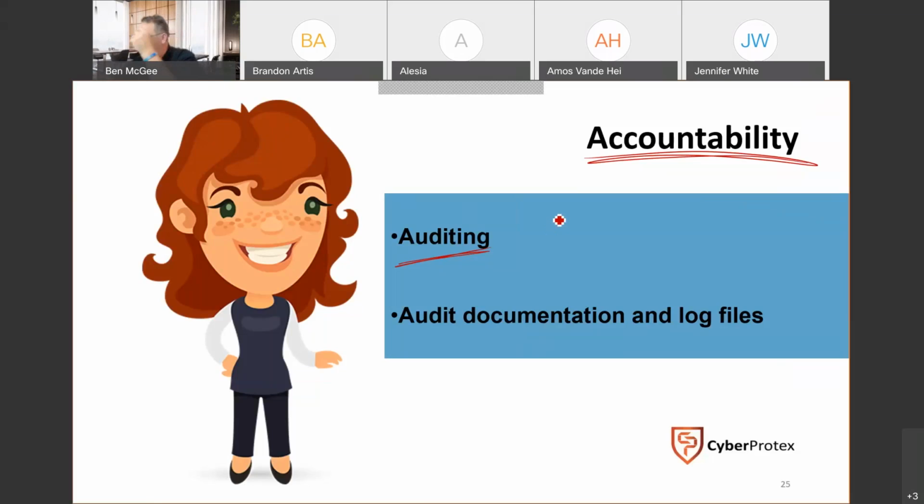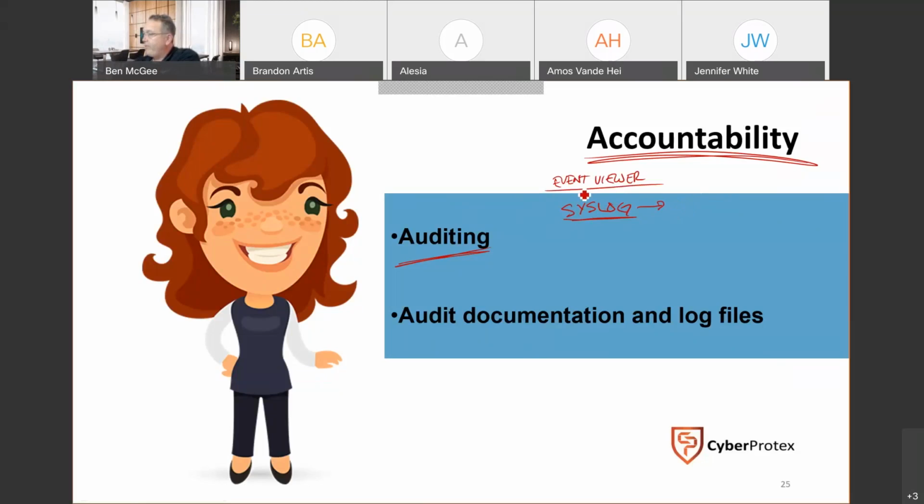Typically built into an operating system is a syslog server, and you can view that through something like the Event Viewer